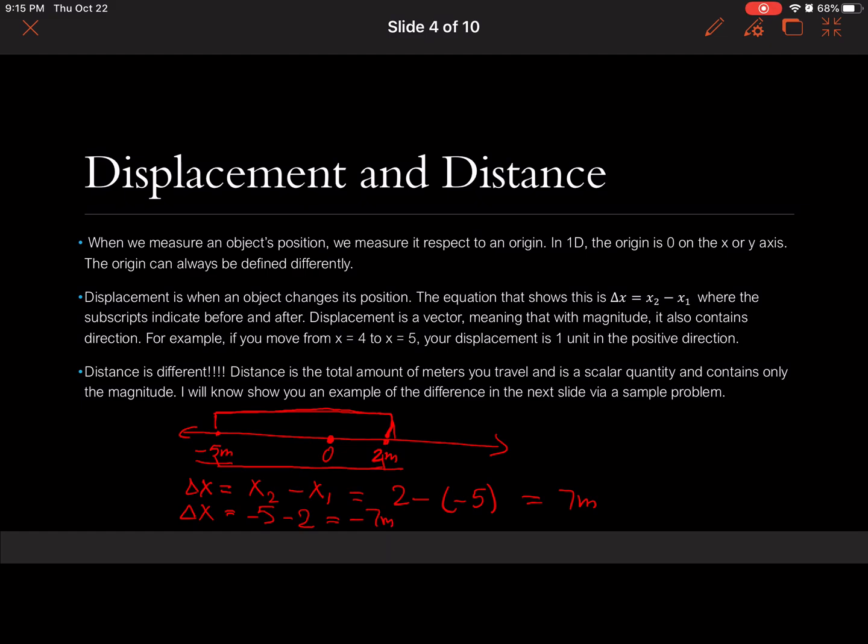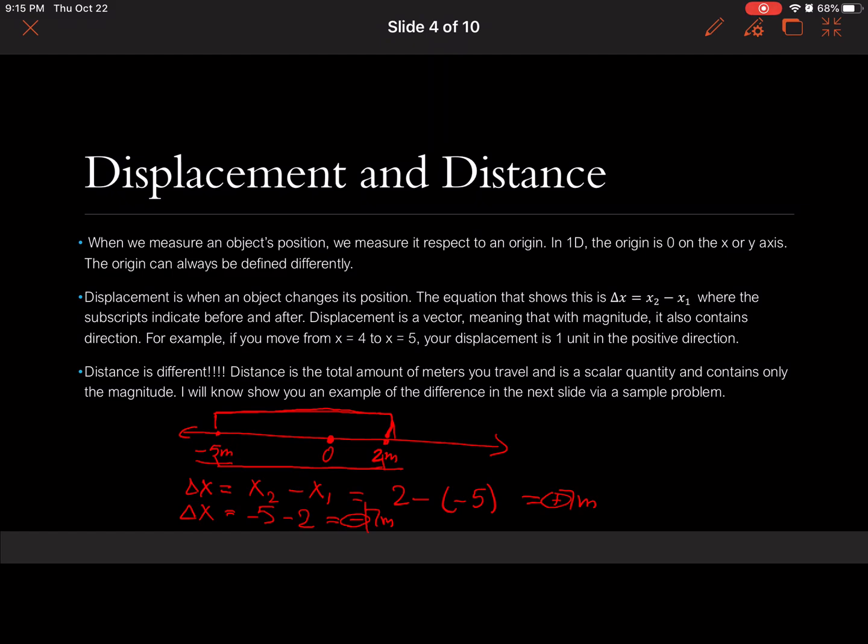And since you are giving a direction, negative or positive, and a magnitude to this quantity called displacement, displacement is therefore a vector. And I hope you know vectors are basically quantities that have a magnitude, basically its size, and also contain a direction. For example, let's say